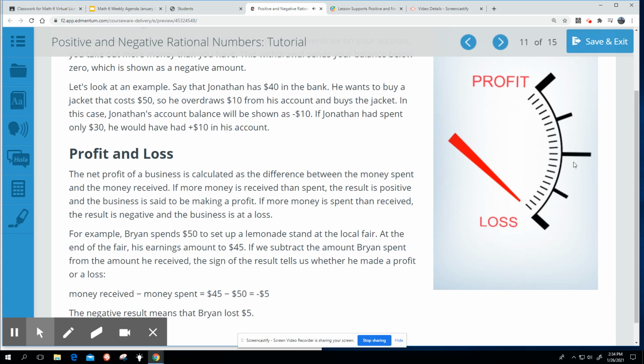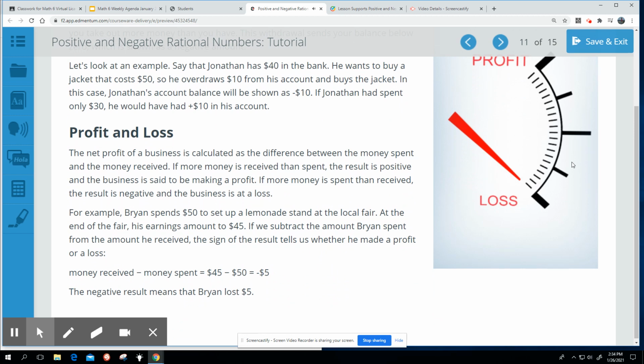Profit and loss. The net profit of a business is calculated as the difference between the money spent and the money received. If more money is received than spent, the result is positive, and the business is said to be making a profit. If more money is spent than received, the result is negative, and the business is at a